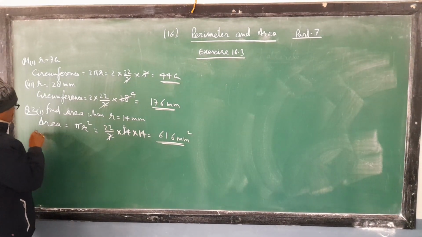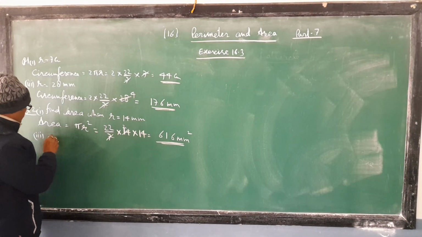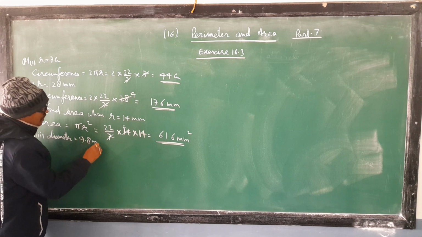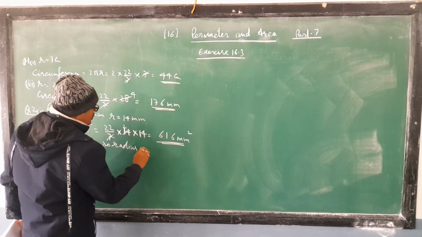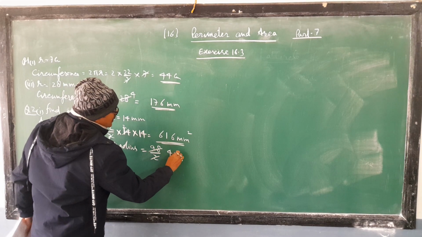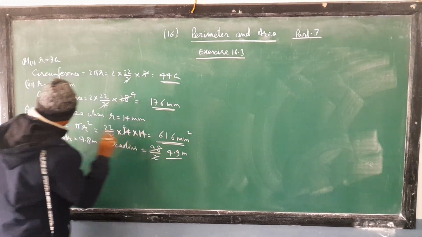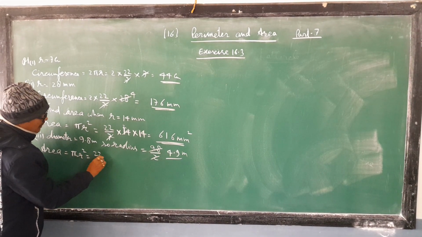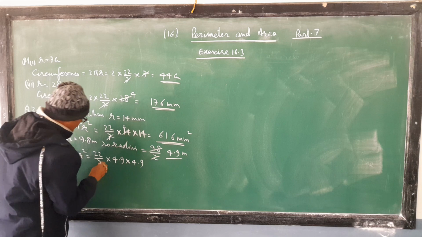The third part also we can do. In the third part the diameter is given. Diameter is 9.8 meter. So radius is equal to 9.8 upon 2, which is 4.9 meter. It is given in meter. Radius is this much. Area is equal to again pi r square